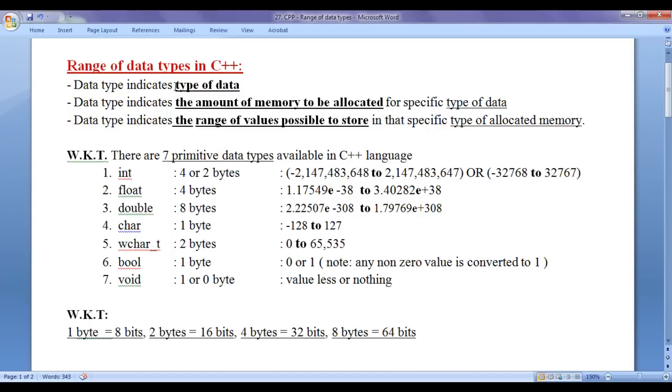A data type not only indicates the type of data and the amount of memory to be allocated for a specific type of data, it also indicates the range of values possible to store inside that specific type of allocated memory, guys. If the computer allocates 2 bytes of integer type memory, inside that memory we can store